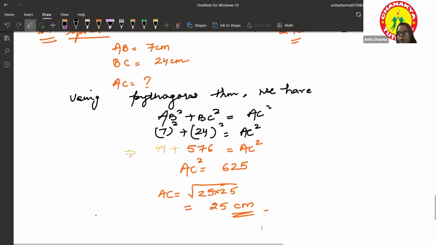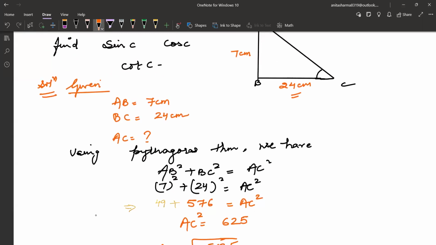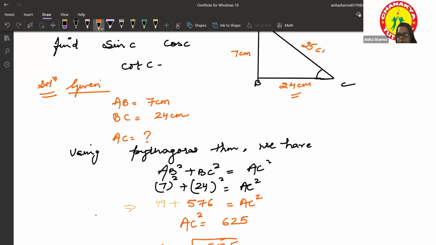Yeah. So now we have to find sin C. So this we have calculated here, 25 centimeter. So C is there only. So at this point we will calculate. So sin C. Just recently I have told you the short trick, Pandit Badri Prasad har har bole, right? Then Sona Chandi told. So it means the first ratio represents our sin theta. Clear? So sin C will be perpendicular upon hypotenuse.